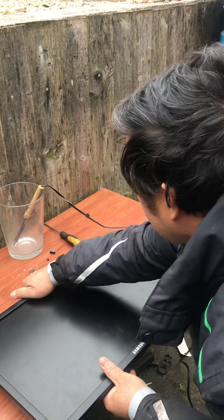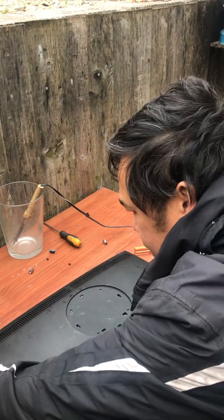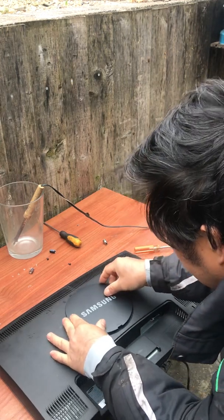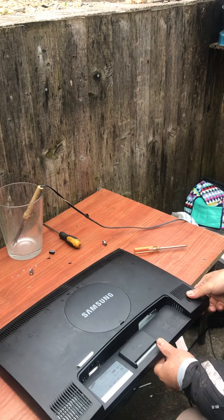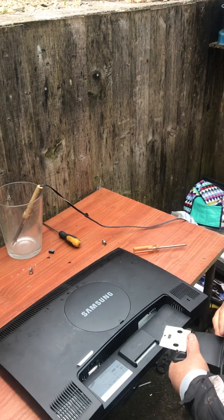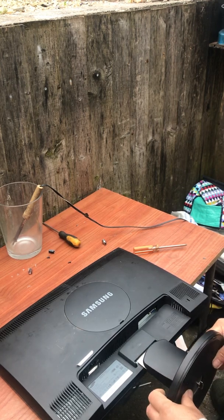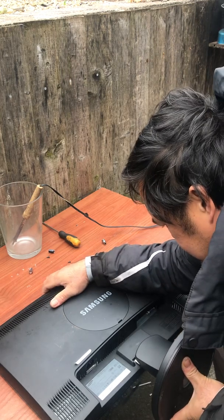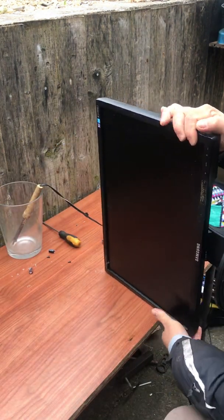Just only clip it like that way, and then yeah, there's cover. Only that. Then put back in the... just only post this. Okay. Here it is. So the whole